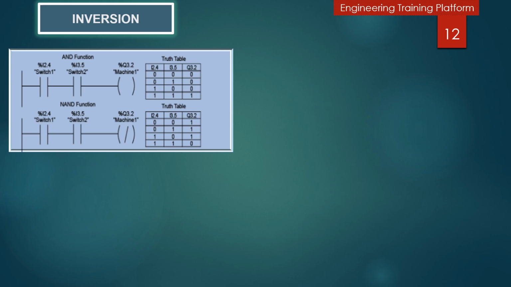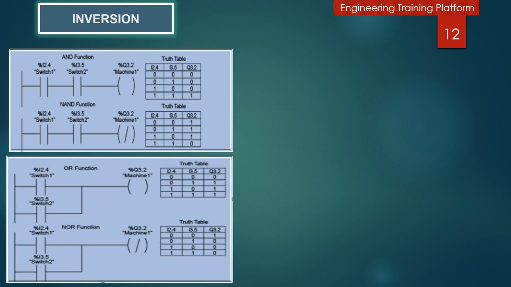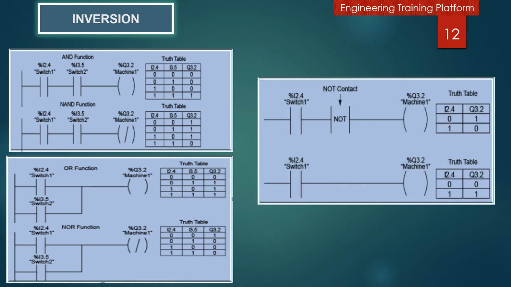To see the AND functions, truth tables with the ladder logic, and the invert part for the AND function is the NAND function. It will be opposite to the AND gate. Here you can see the OR functions including ladder logic and truth tables, and the OR function will be opposite to the NOR function. You can see the same polarity. If the result is 1 for the OR function, for the NOR function the result will be 0. It will be changed. The same here: for I 2.4 at 0, the output will be 1. When the input is 1, the output will be 0.